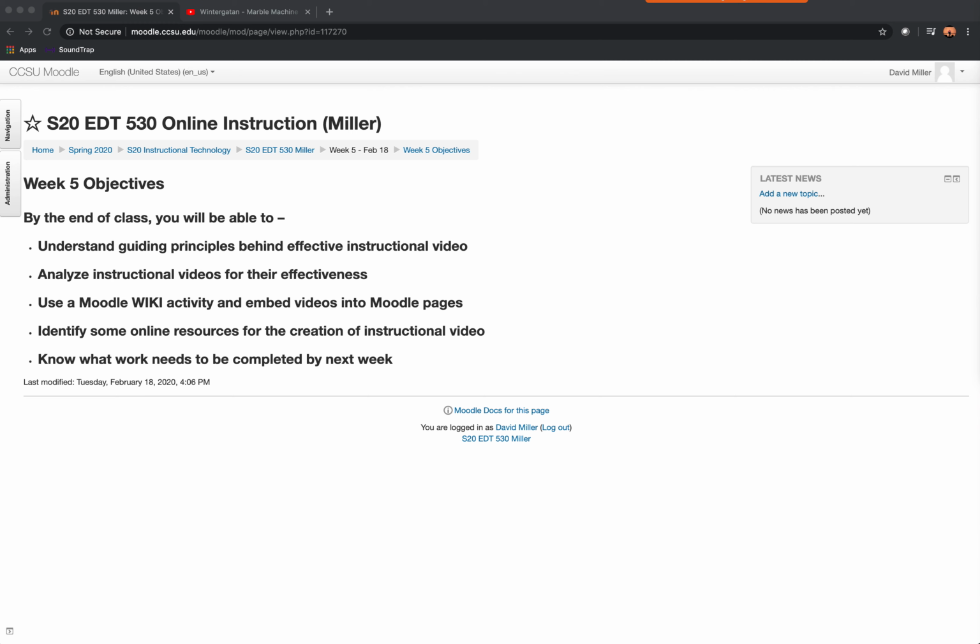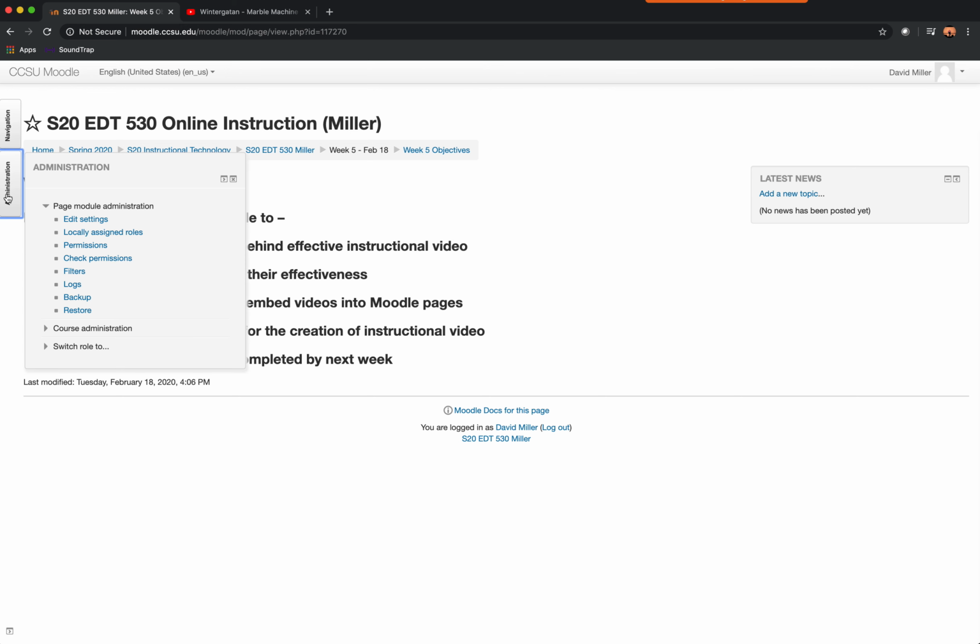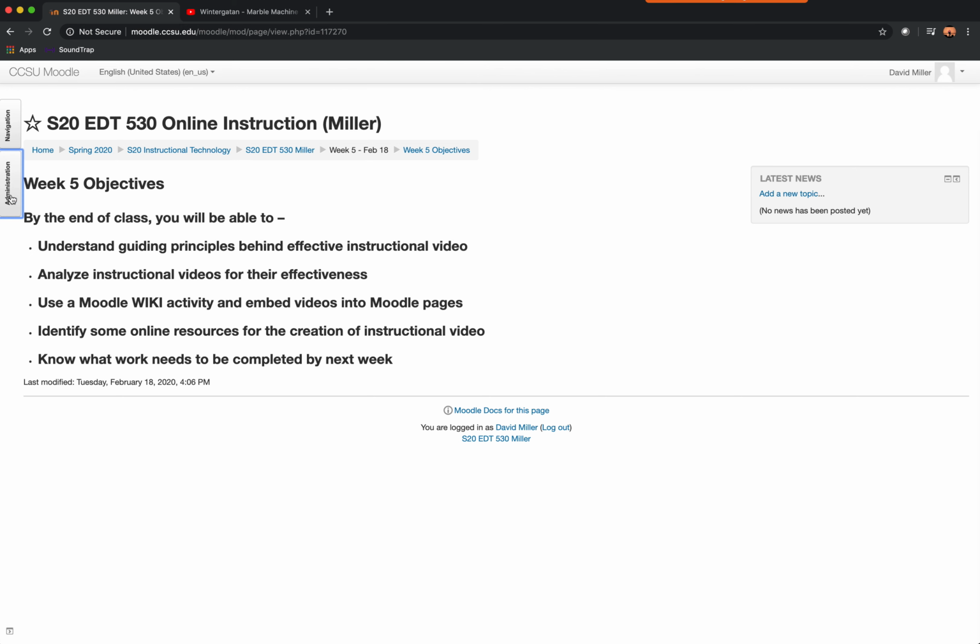sections or whatnot. That really just has to do with how Moodle organizes the content on the screen. So if you change your mind down the road, you think a different organization will work, you can always go back into those administrative settings. I've got the Moodle here on the screen. I go over to this administrative tab and go to this edit settings. And that's the settings for the whole Moodle, not for individual pages or anything. So that's the overview settings where you would go to access that kind of stuff.